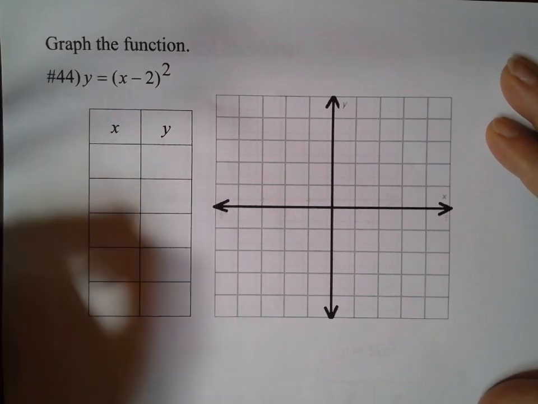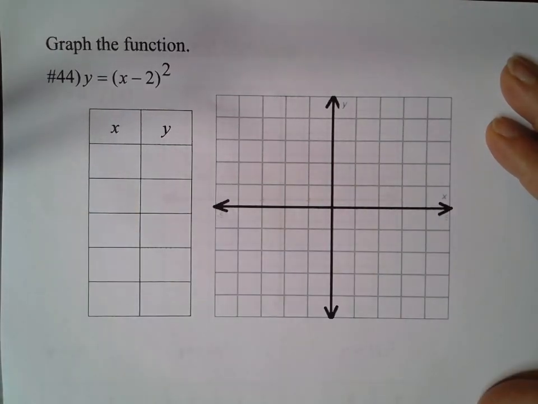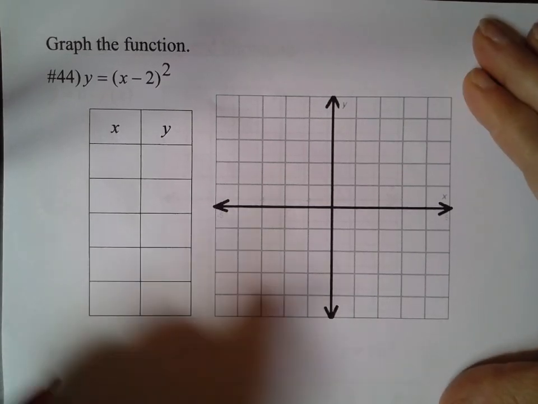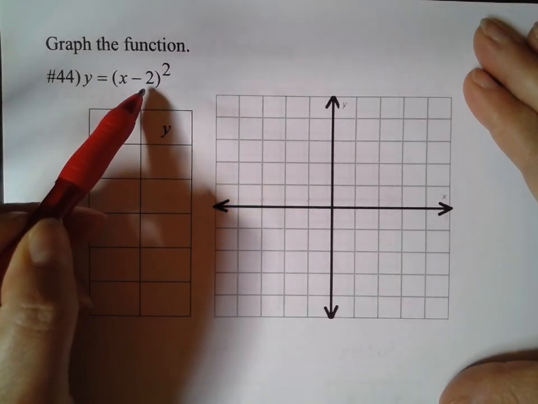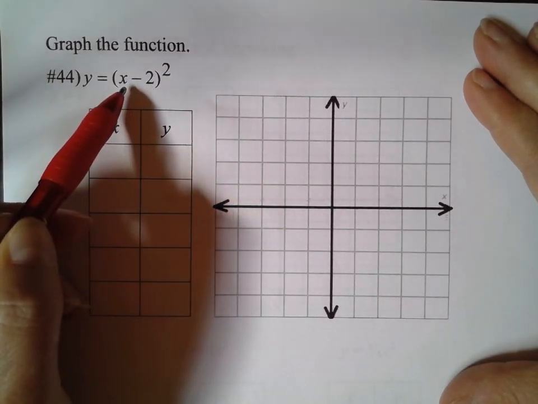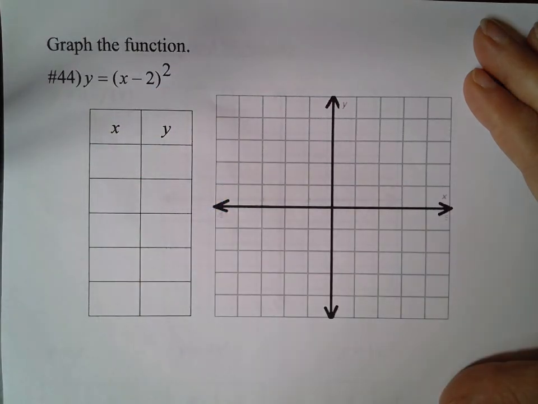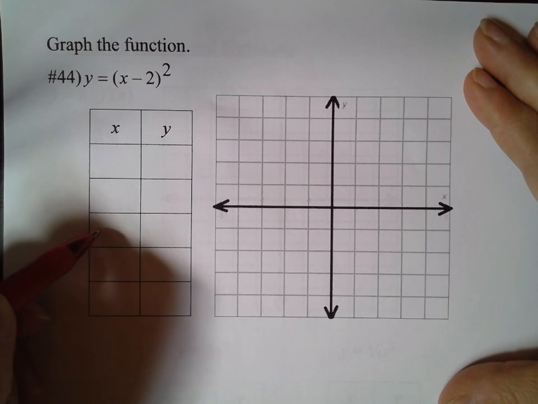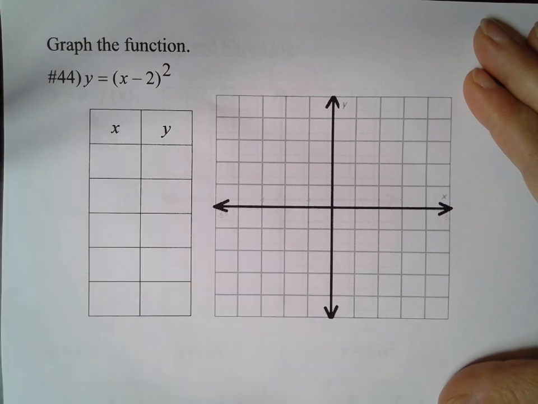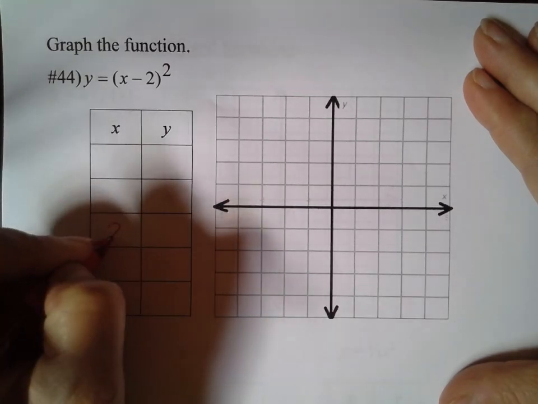All right, so in order to make this graph, we're going to need x values that are different than the standard set. So you can almost think about choosing an x value that is greater than the basic one, so that when I subtract 2, I get the same x value I would have used. That sounds a little bit complicated. And in the basic graph, 0 is in the middle. So if I want to have a 0 after I subtract 2, I'm going to put a 2 in the